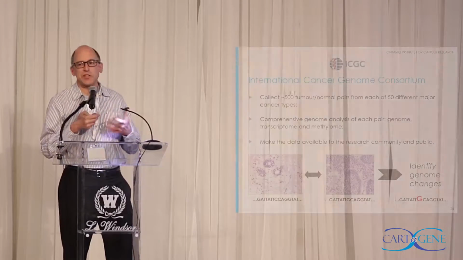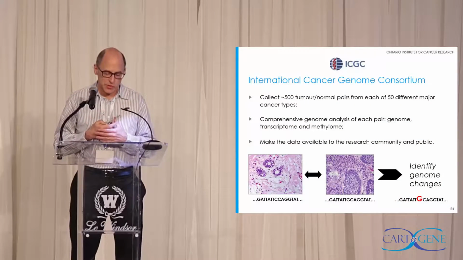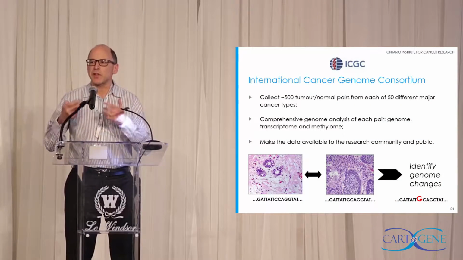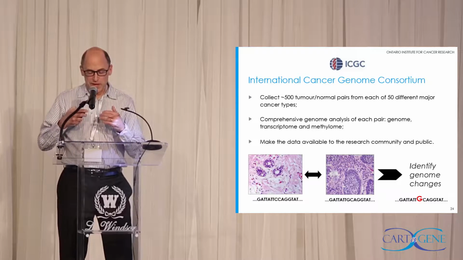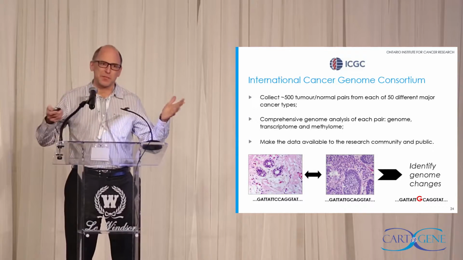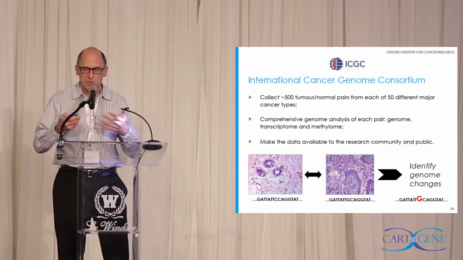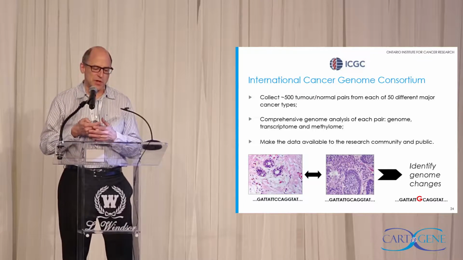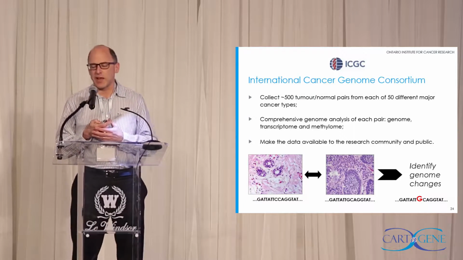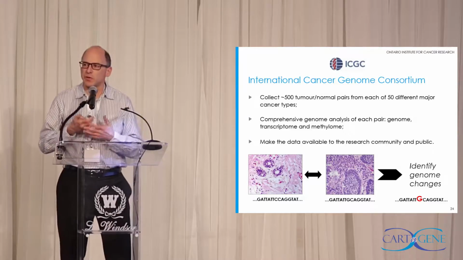We call them drivers. So the ICGC, the International Cancer Genome Consortium, was started just before we sequenced the first cancer genome, because we knew that it cost us billions of dollars to sequence the first genome, but it was getting cheaper and cheaper to sequence genomes. We knew there would be abnormalities in cancer, and we thought it would be important to catalog all the cancer mutations. So we did start a big project to resequence 25,000 cancer genomes.